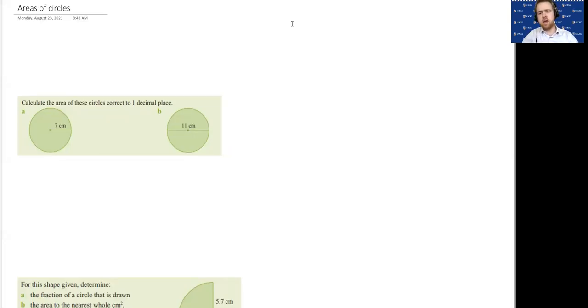Today we're looking at areas of circles. In order to work this out, we need to know the formula of the circle, just like we needed to know the formula of triangles and the quadrilaterals that we've looked at earlier. So the area of a circle has this pretty well-known equation: A equals pi r squared, where r is the radius,